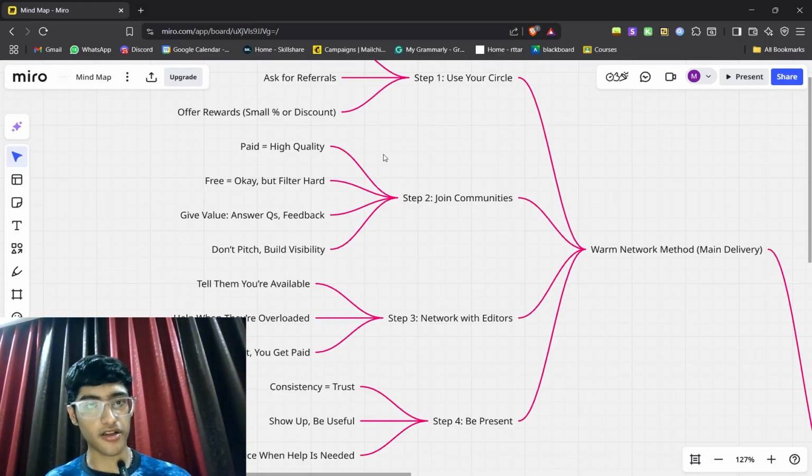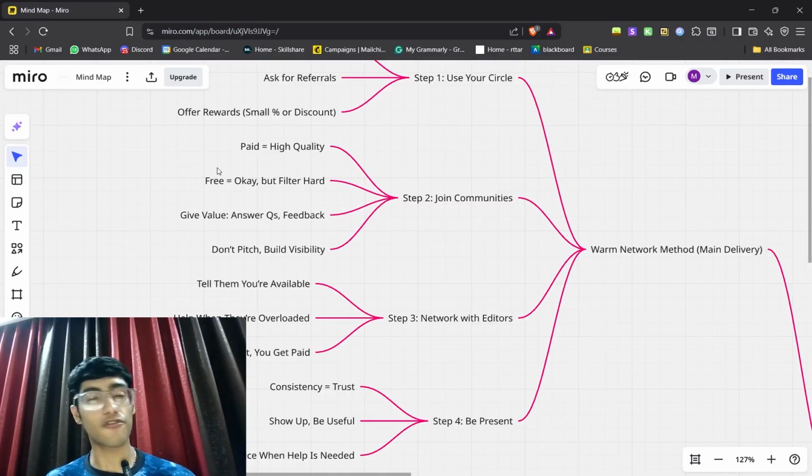So first of all, definitely we know the difference between paid and free communities. Paid communities are definitely going to have higher quality leads. Let's say you go to school.com and you see a $299 a month community. That's probably going to have a lot of high quality leads, rather than if you join a free community that has like 5,000 members or something, right? Though the free community will still have your ideal clients and high quality leads, you just have to filter them really, really hard. So both work. The free one is definitely a little bit more work. Paid one is like getting your foot in the room you shouldn't be in, right?